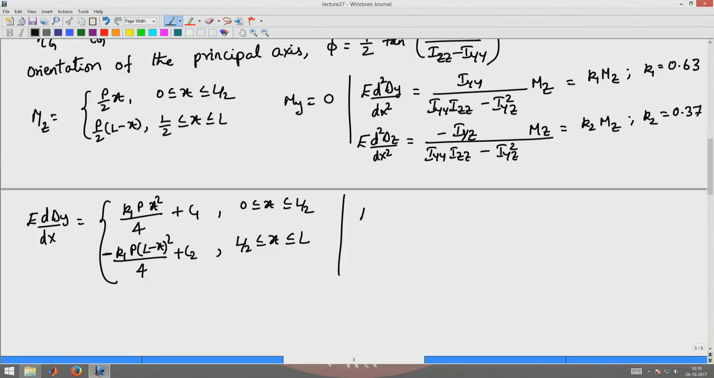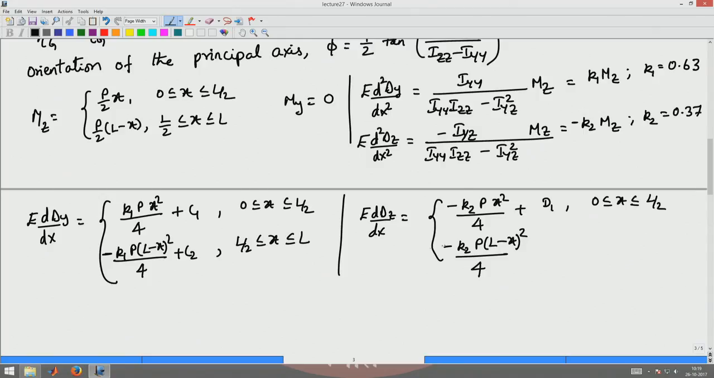Similarly, E d delta z by dx would be, there should be a negative sign there, minus k2 Mz, because there is a negative sign in there. That will be minus k2 P x square by 4 plus d1 for 0 less than x less than L by 2, minus k2 P L minus x whole square by 4. The negative sign from the differentiation makes it positive, plus d2 for L by 2 less than x less than L. Okay, now integrating this once more,